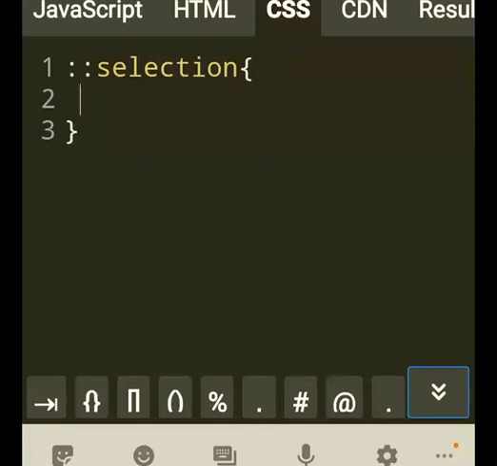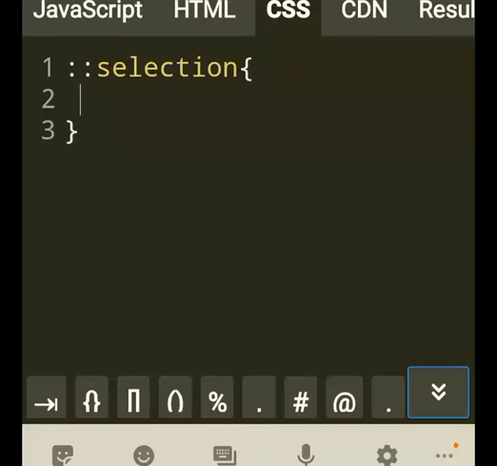Since in the case of the selection pseudo element, you don't have to write P or H2, because here whichever portion of the elements the user selects would be converted to the particular styling that you have done in your style sheet. Usually it is applied for font color and background color.